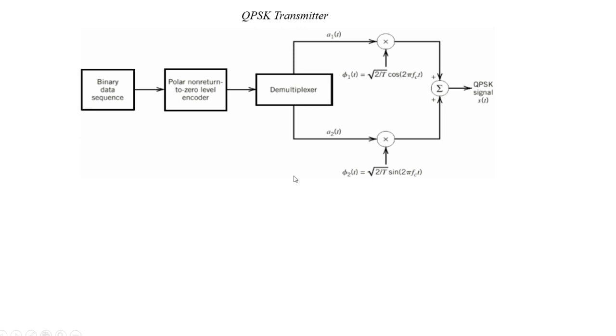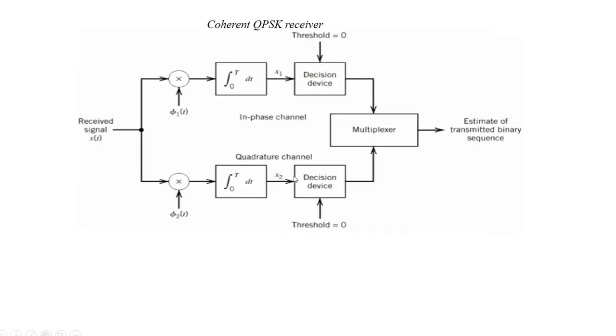Similarly you can have the coherent reception of QPSK. We are using coherent detection, and it is exactly the same: we will use two BPSK coherent receivers. Then these two components will be multiplexed together at the receiver side. Again x of t is multiplied with phi 1 of t as well as phi 2 of t. Phi 1 of t gives the in-phase channel, which will detect the